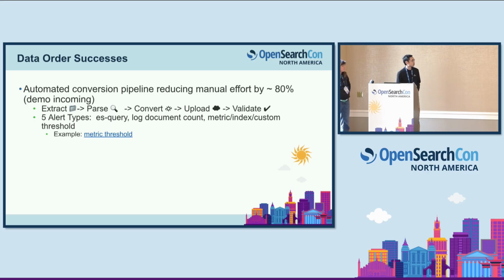Something to call out is our success in dealing with not only the dashboard JSONs, but also the alert JSONs, like these 5 types: ES query, log document count, metric index, and custom threshold, which we were successfully able to do. And if we were to take a look at